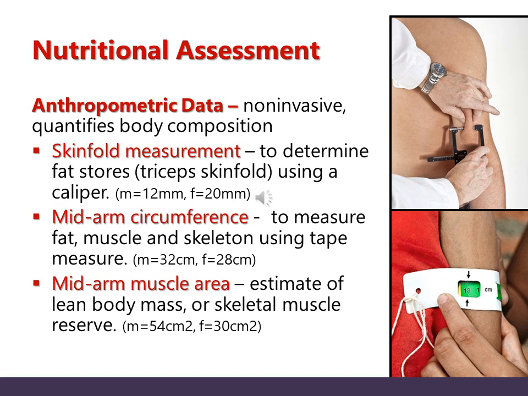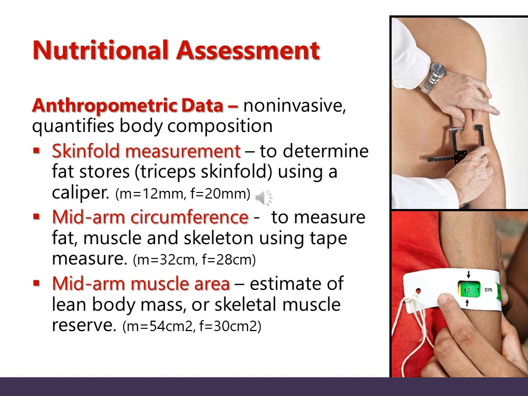The normal triceps skin fold of an individual with normal nutritional status is 12 mm for male and 20 mm for female. Greater than that could mean that the patient might be obese or overweight. Lesser than 12 and 20 could mean that the patient might be undernourished. Aside from skin fold measurement, we also have mid-arm circumference. You know the mid-arm,